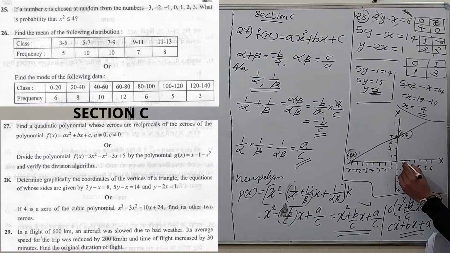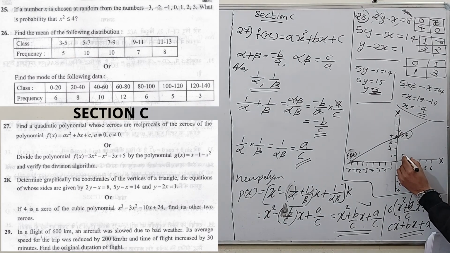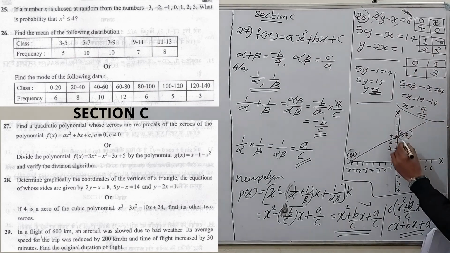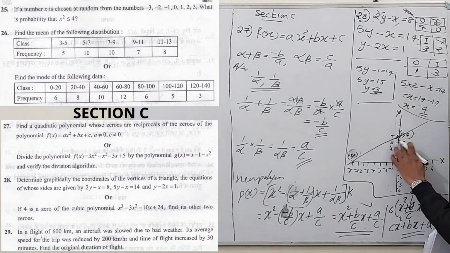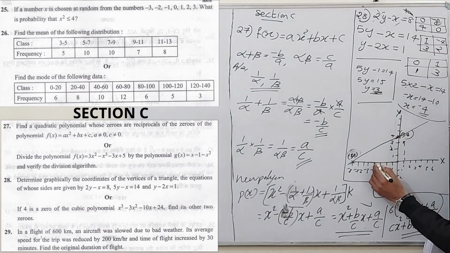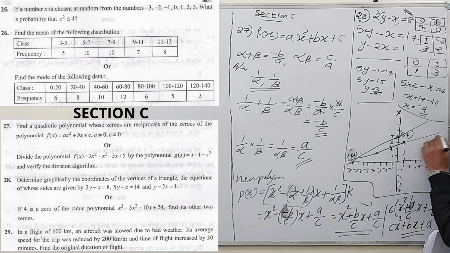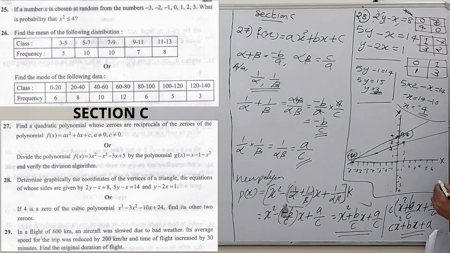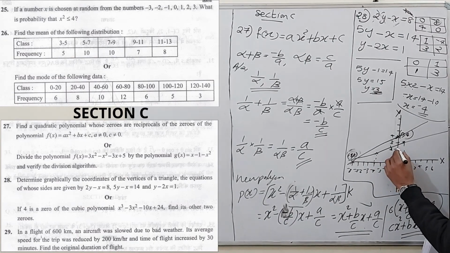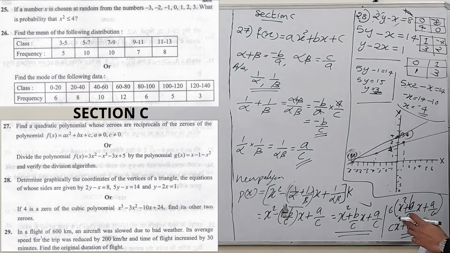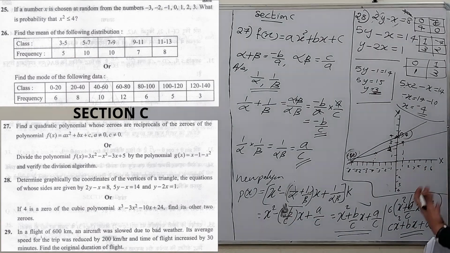Now come to the second one. When x equal to 1, y equal to 3. So the point will be here. Then when x equal to minus 4, y equal to 2. So the point will be here. Joining this, we will get another graph like this. Then you have to draw the appropriate graph by using the scale. You have to make the distance between each consecutive point equal, marked by scale. Otherwise, you will not get the appropriate graph. Here I am just showing how to draw this graph.